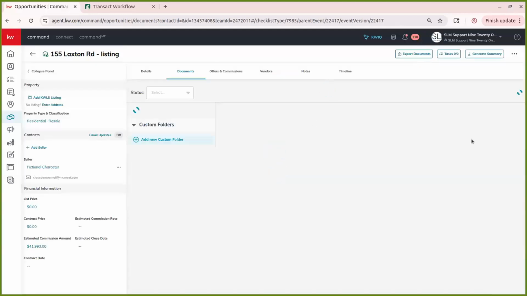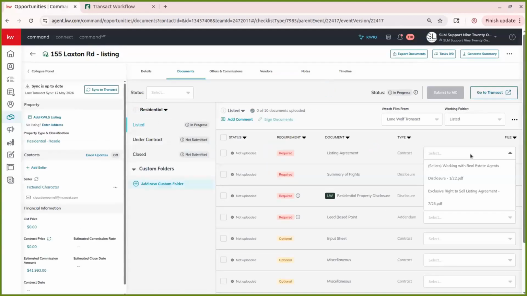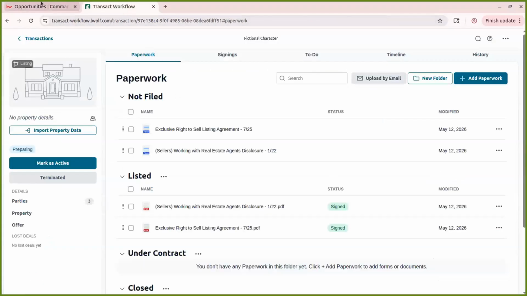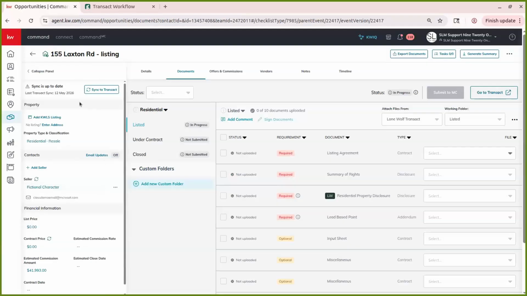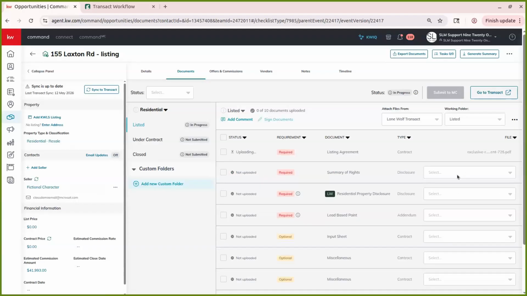Give it a second to load. There we go. Now we can select it. So again, once it's been signed, you may have to refresh your opportunity once you've synced it with Transact, just to have that pull in properly. I'm going to click this drop down menu and then select the proper one. So we'll go with our exclusive right to sell. We can go with our property disclosure, or that one's a different one, but just upload those documents into the